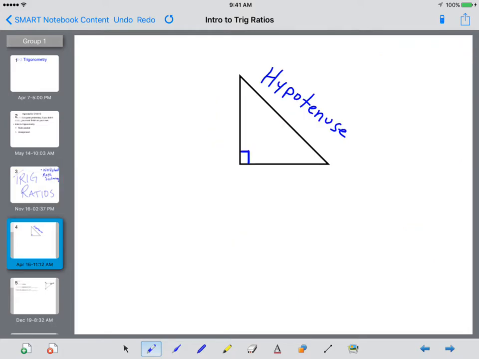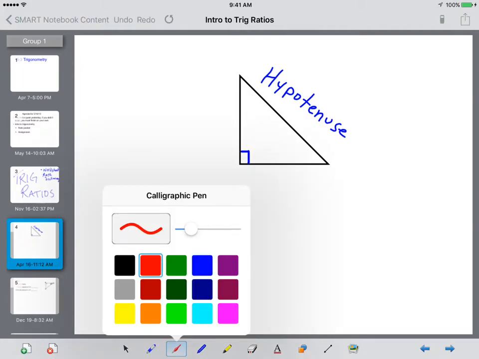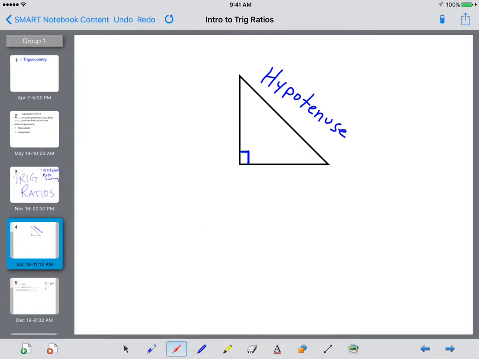On your worksheet you have a triangle where I'd like you to fill a couple of things out. Within a triangle, we have a right triangle where opposite the right angle is called the hypotenuse. Now when we get into trig here, we talk about different angles. There's two different angles aside from that right angle. If I were to put this little theta symbol here, and we were referencing this angle in red,